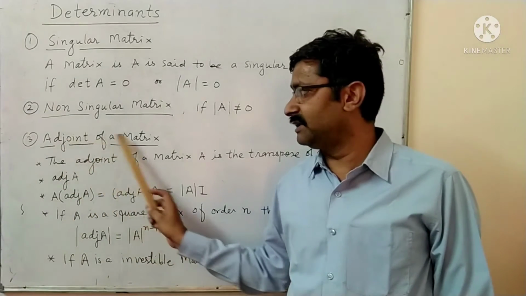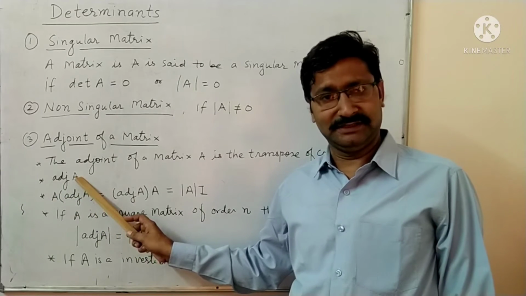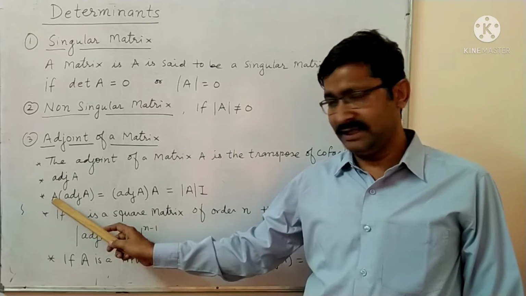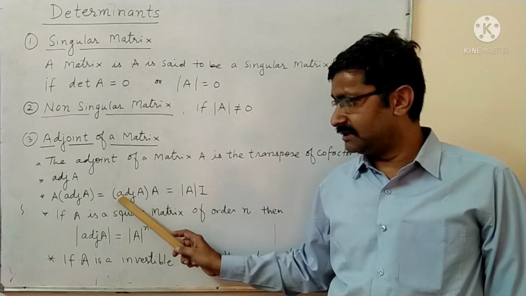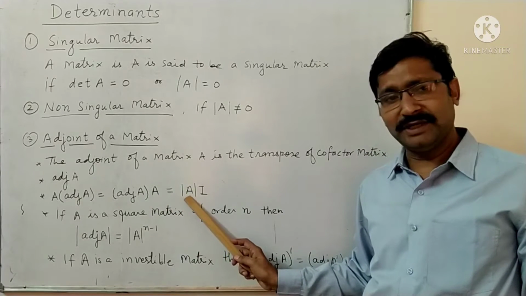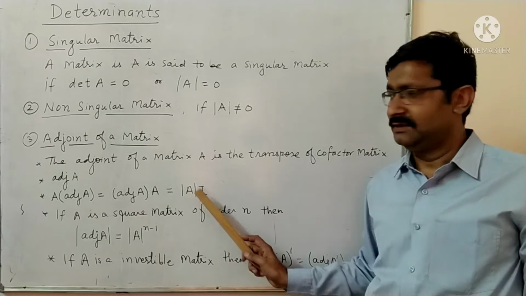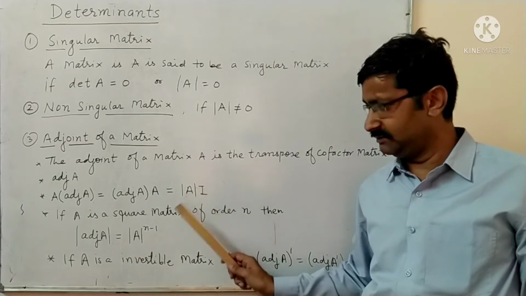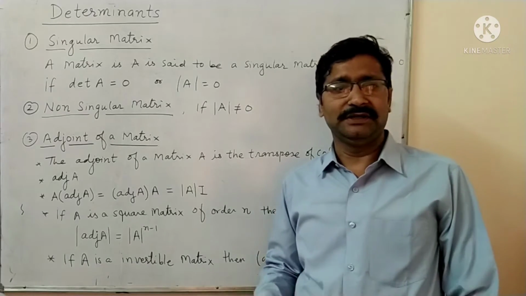And how can we write the adjoint of a matrix in short form? Adjoint of capital A. Capital A means here a matrix. Look here, one property we have. If you have a matrix A and you multiply by adjoint A, or you can write adjoint A multiplied by matrix A, this will be equal to determinant A into the identity matrix. This is the identity matrix. Whatever order A has, the same order will be I here. This type we actually have to verify. A matrix will be given to you and you have to verify this.